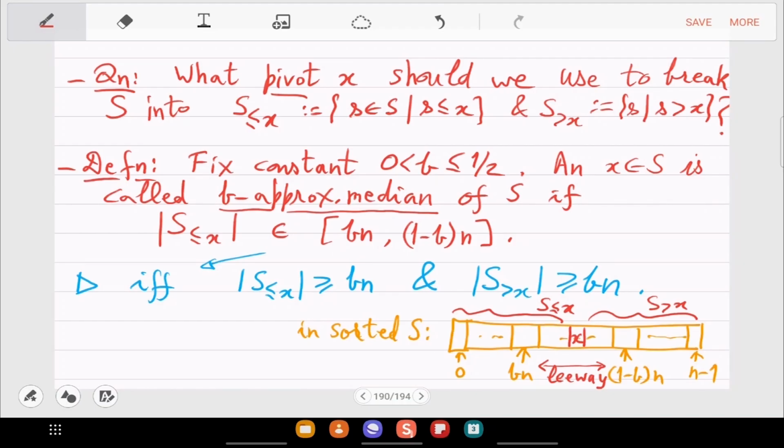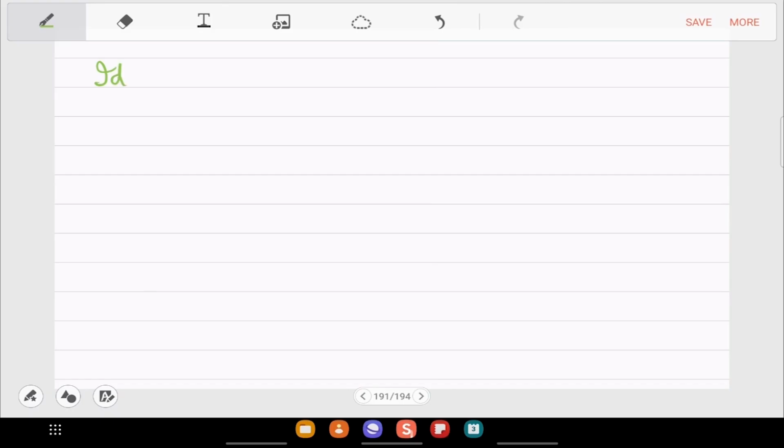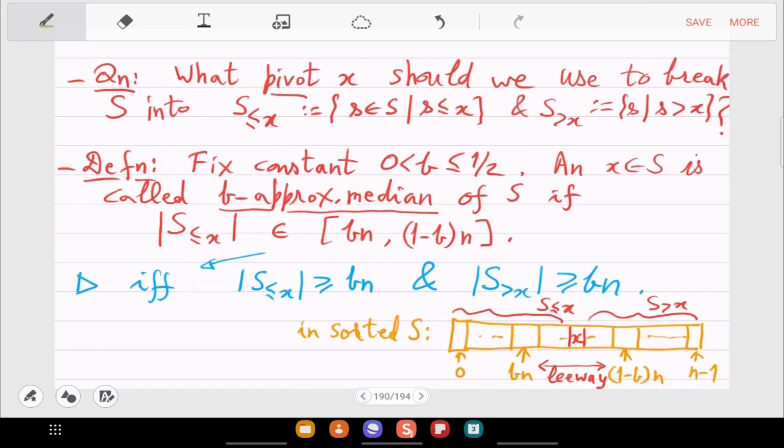So there is this major question: how will we find this X? Which I will postpone to tomorrow. But suppose you can find such an X, then what is the exact median finding algorithm, or exact select S comma I? So let's see that idea first. How to use this?